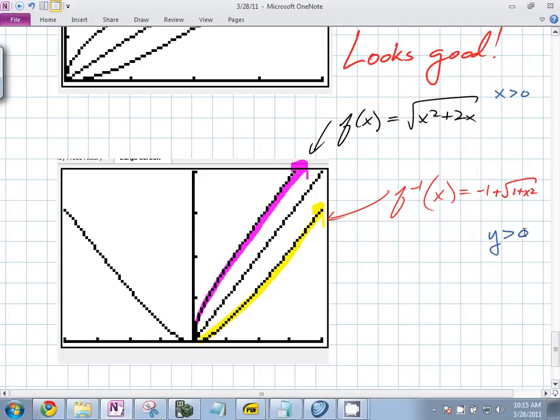Y has to be what? Greater than 0, correct? Well, on this one, when we graph this, we know that the domain is x greater than 0. What's the range on this thing? The purple. Where does the purple only exist? Greater than 0. So if that's the range up there, what's the domain up here? Greater than 0. So if we're going to accurately graph this, we go back here, and what should I add